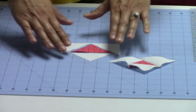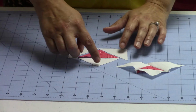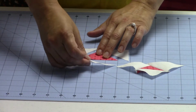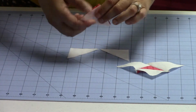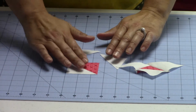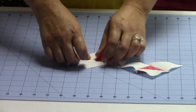This here is the triangle that we had made up, and we had the three attaching triangles. So the best thing to do, instead of doing this over this way and then this over this way, is to build your block first. We're going to take the single piece that's out by itself and bring it directly on top, right sides together, okay? Then you'll stitch, open that up, and you're going to have a square again. Then you're going to line this back up and take it over. You're going to do your one side, center that up, stitch down the one side,